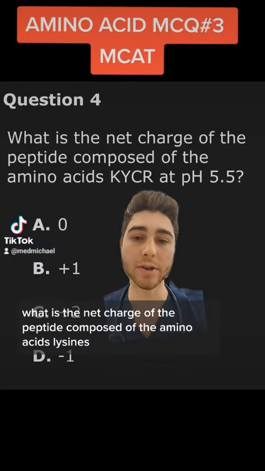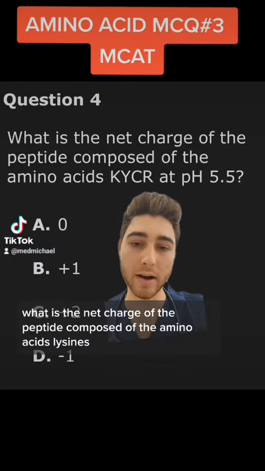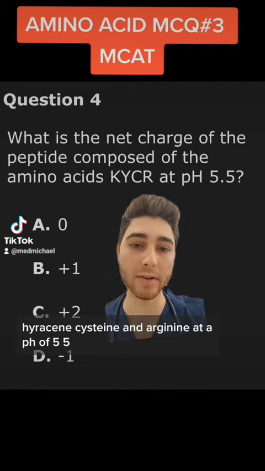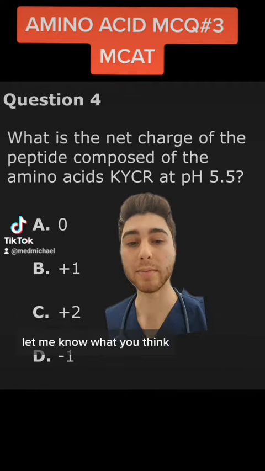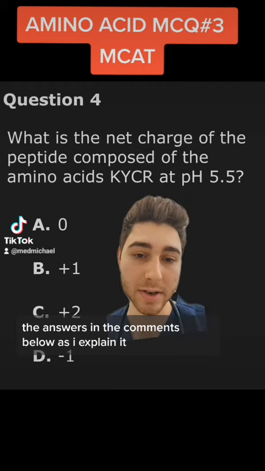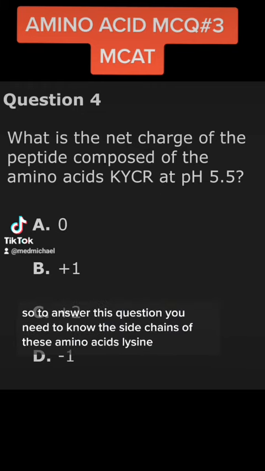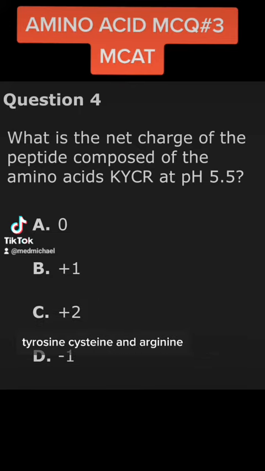What is the net charge of the peptide composed of the amino acids lysine, tyrosine, cysteine, and arginine at a pH of 5.5? Let me know what you think the answer is in the comments below as I explain it. So to answer this question, you need to know the side chains of these amino acids: lysine, tyrosine, cysteine, and